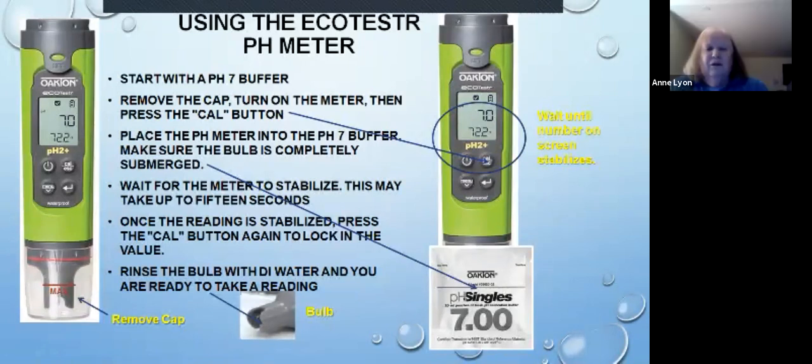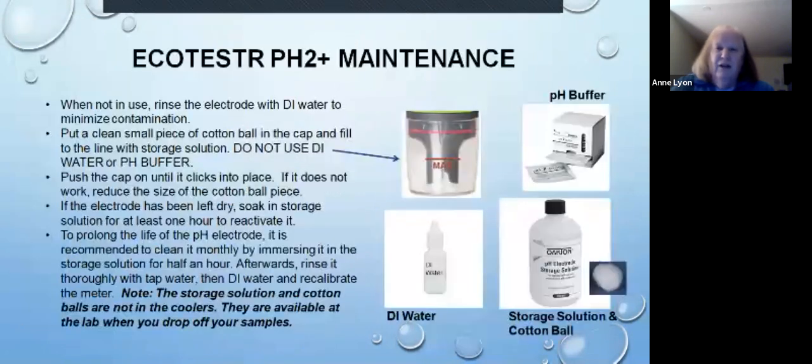So couldn't be simpler. You'll get one of these pouches. In fact, I'll go to the next slide. You'll get the pH buffer and the DI water. If you want storage solution, we have a separate one of these that says storage solution on it. And then if not, what we really prefer is if you come back and we'll have this oaked-in storage solution and these cotton balls right there, and you can do that right at the table, which is much easier to